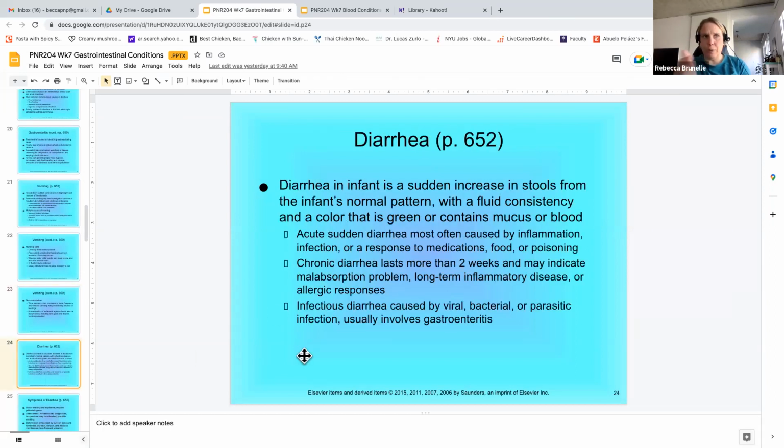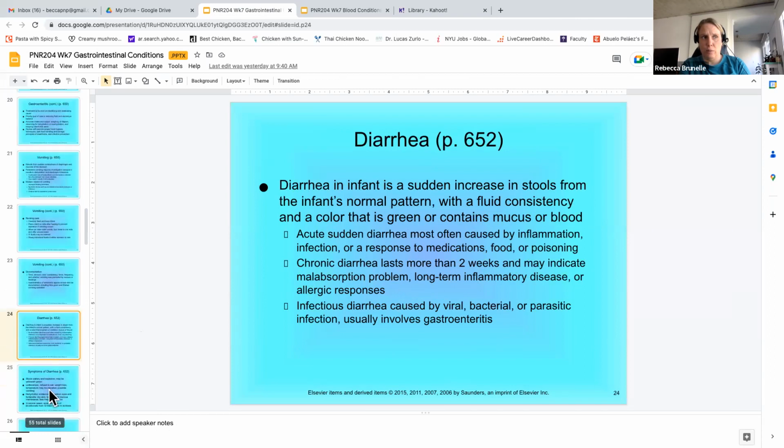So diarrhea, we all know what diarrhea is. It's considered chronic if it lasts for more than 2 weeks. One thing that's important when you're working in pediatrics: kids get diarrhea all the time, and a lot of times it freaks parents out. So just remember that it can take 5 to 7 days for diarrhea to really go away. If they're not dehydrated, it's okay. You can wait it out at home. If it lasts more than 2 weeks, you need to do more of an investigation as to what's going on.